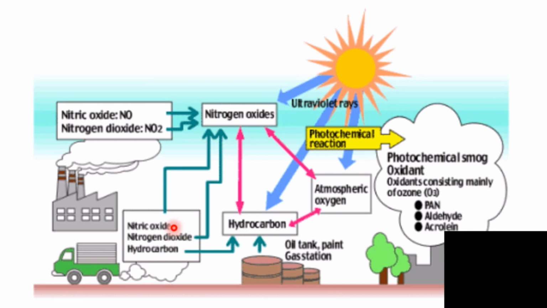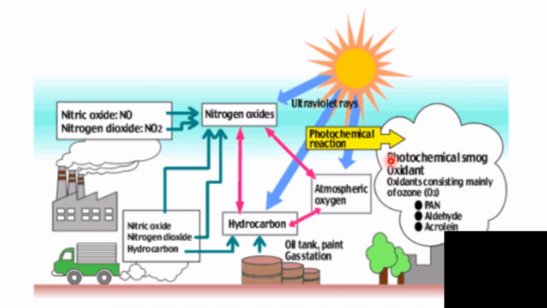Okay, so this is yet another picture to show you how your nitrogen oxides and your vehicle exhaust, that is your hydrocarbons, will combine and form, see, this thing is your smog. This exactly is your photochemical smog. After reaction with the sun, when UV light penetrates, photochemical reactions initiate, and finally you form secondary pollutants, and those secondary pollutants are your photochemical smog.